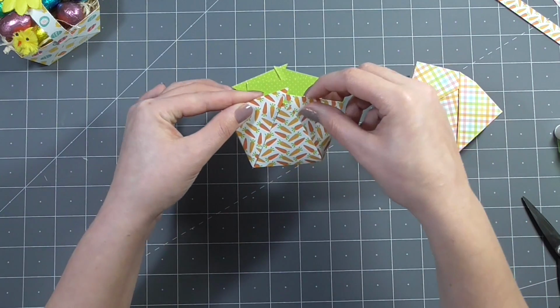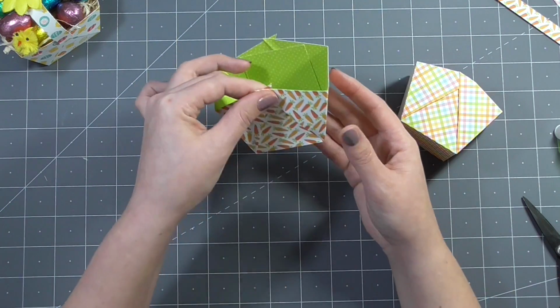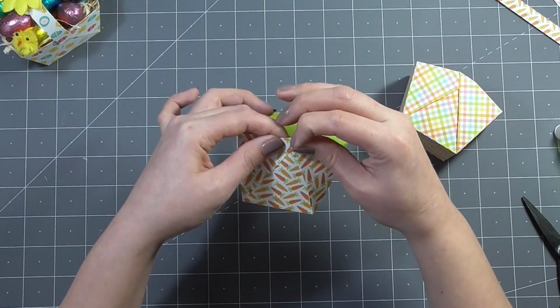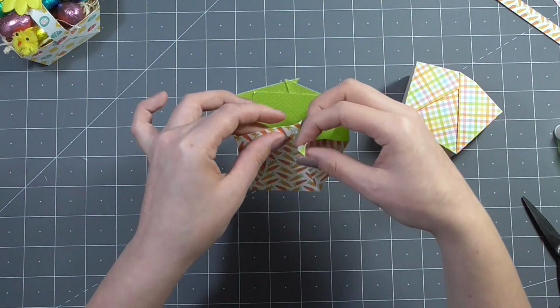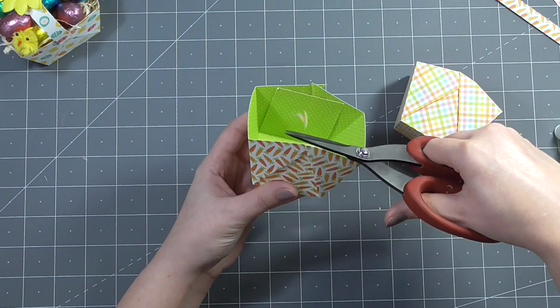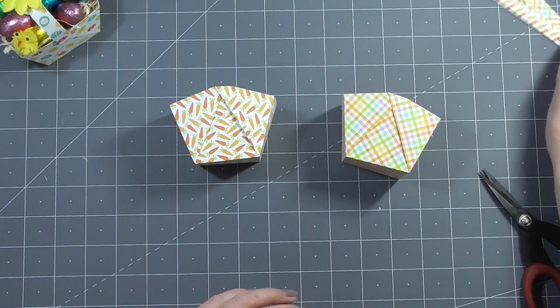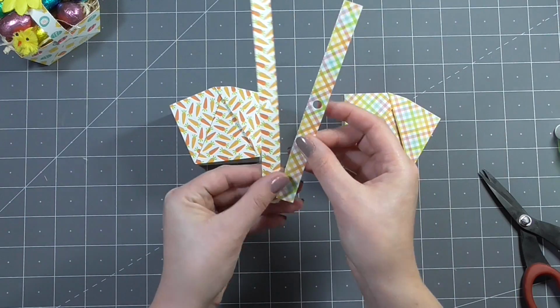And you could leave these baskets as is, but because we have those extra pieces of cardstock, I want to go ahead and create a handle for each of these. So I'll press this down, and then again, I just stuck that slightly in the wrong place, so I'm fixing that, and then snip off those excess pieces. I just want to make sure that none of that extra cardstock hangs out the side of these